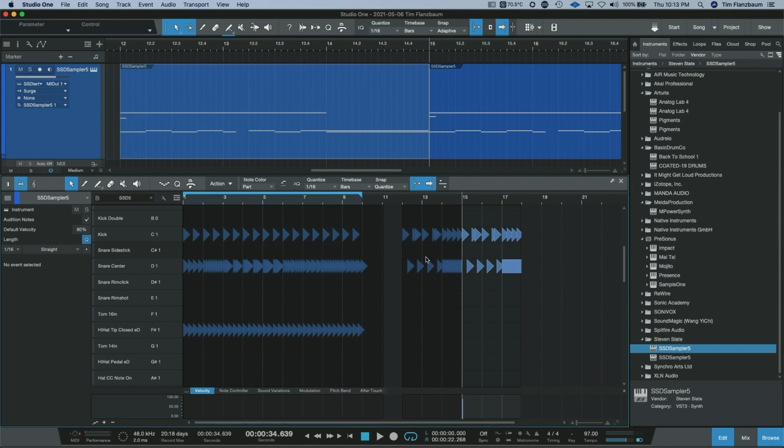Okay, as one more quick example, I've created just a very simple basic drum pattern, and it's 2 bars of